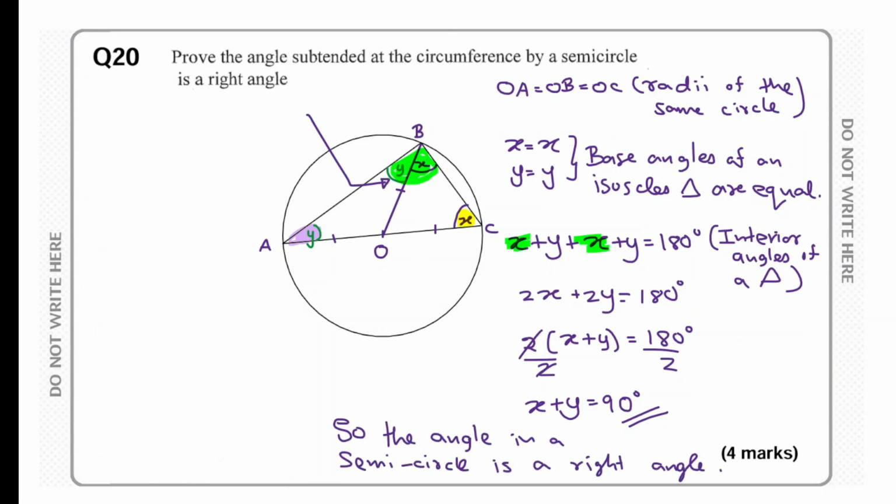So you can write the conclusion as, so the angle in a semicircle is right. Sometimes students do this in a slightly different way. That's also perfectly fine. What the other method is, if this is x and this is x, this will be